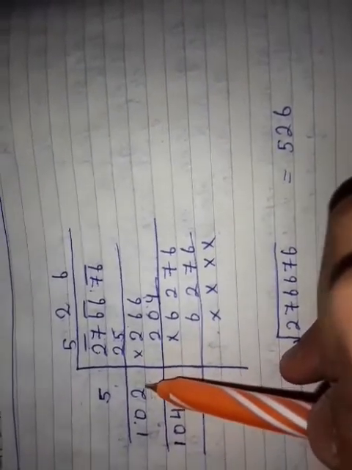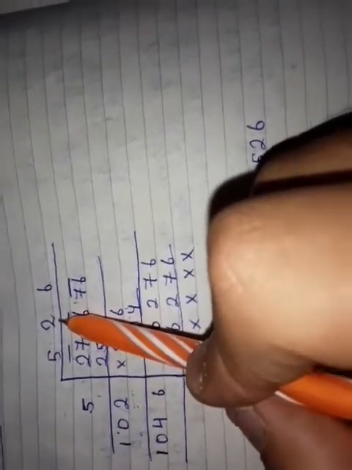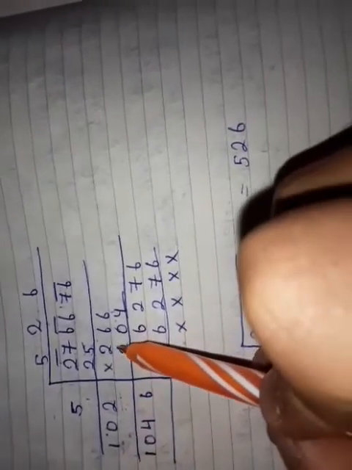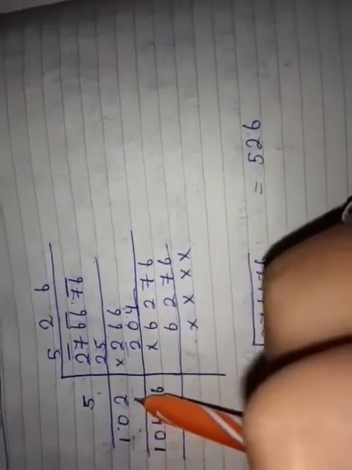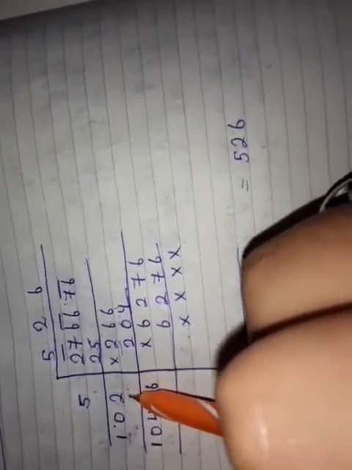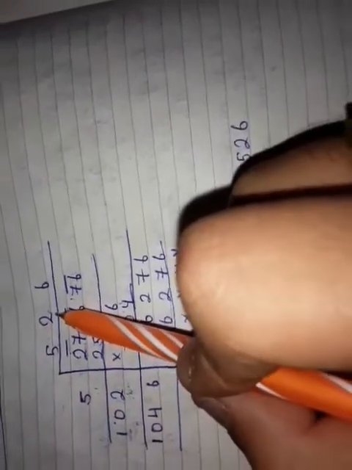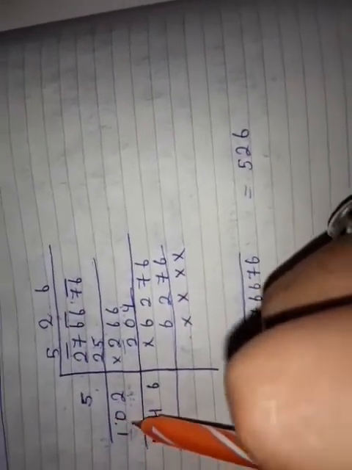and here I have written 10, and whichever number will be written here as a divisor, the same thing has to be written as the quotient, right? So you can see the first number here is 1 and the first number here is 2. So when 1 multiplied by 2 gives 2, then I have got an idea. If I take 2 here, this 2 will also be written here, and when I multiply 102 into 2, I will get the answer. Therefore I have multiplied 102 into 2 gives 204.